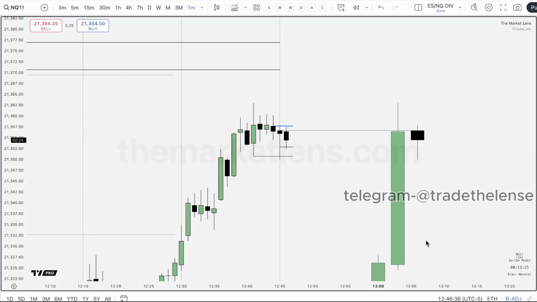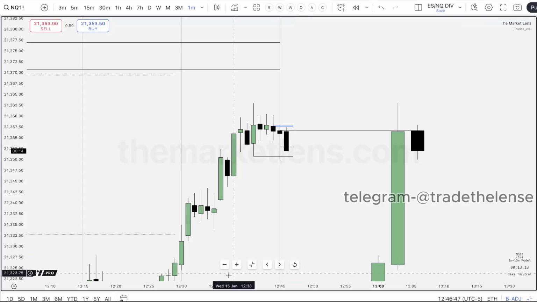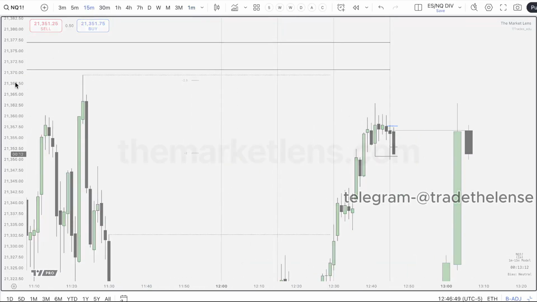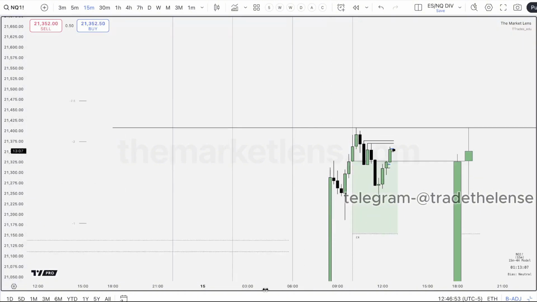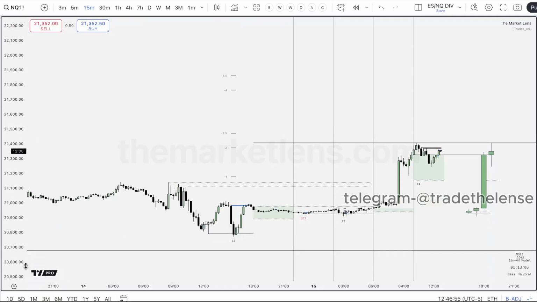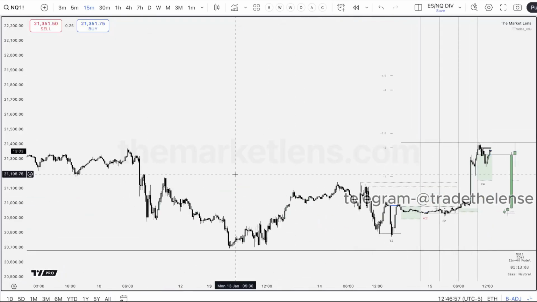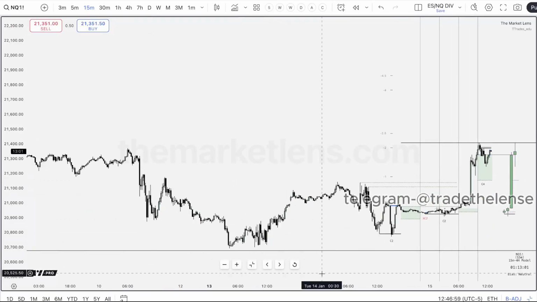Sorry, last question. That 15-minute fractal example you've been showing, what was the point of interest for C2? Was it just an OB? You'd have to show me which example you mean. Let's see. This one? That's mostly just a phase of price, and then we swept out a bunch of highs to the left. It's not very clean.